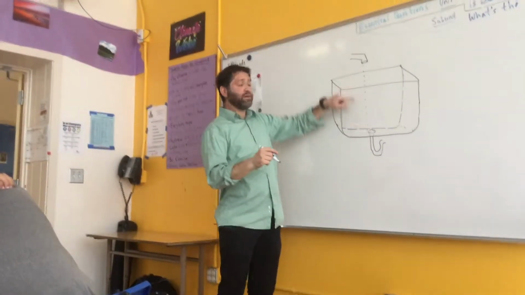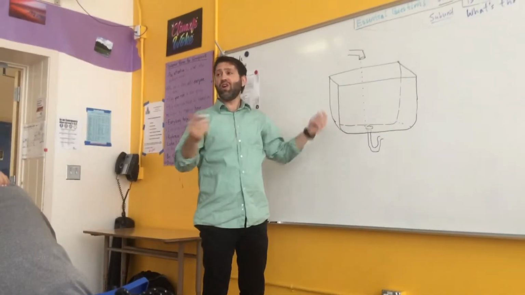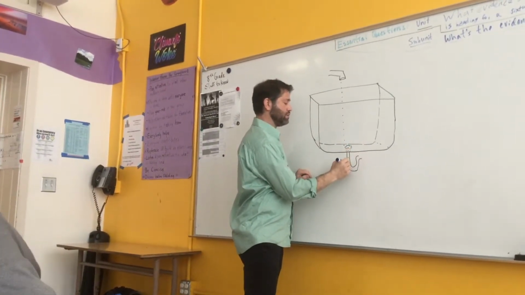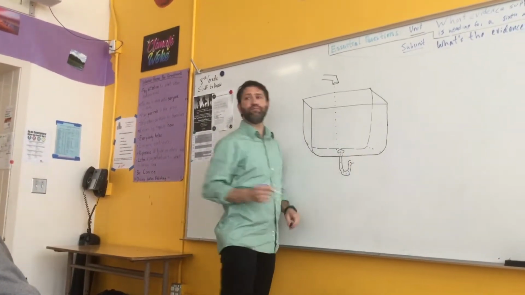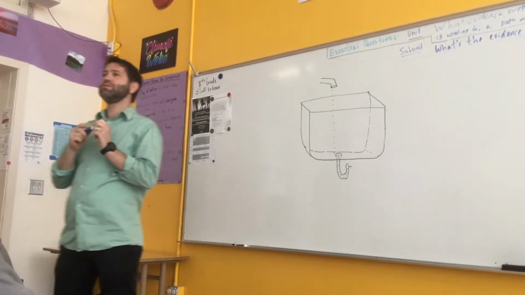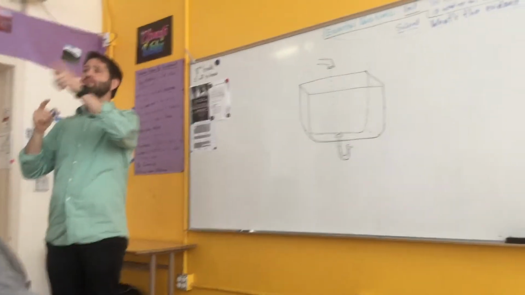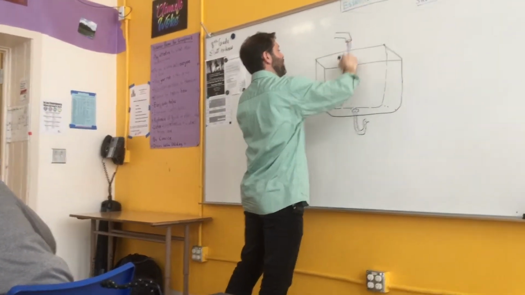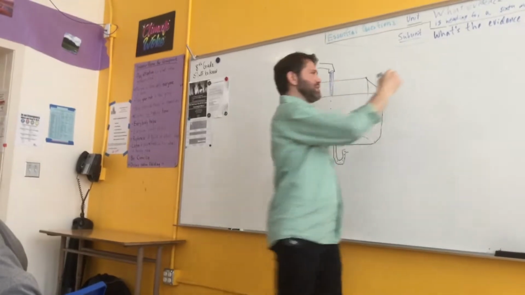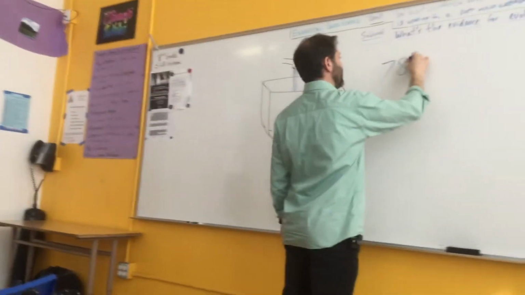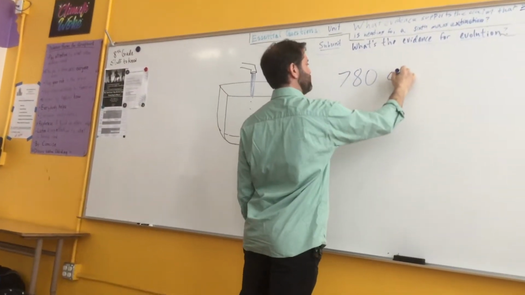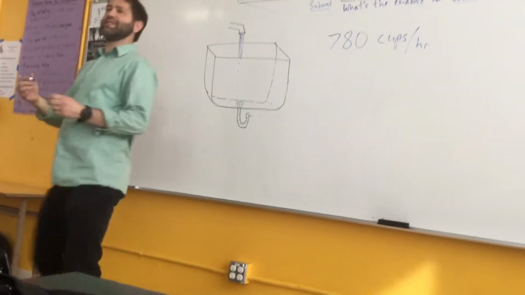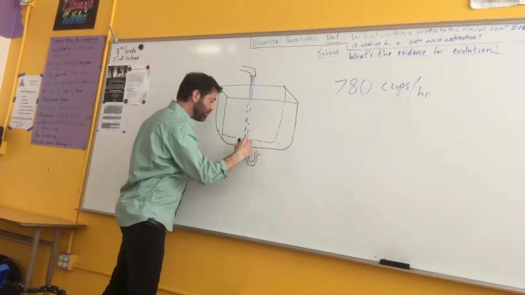Someone said that this dripping faucet won't cause any major issue because the water's just going to go down the drain. No biggie, right? Away it goes. Okay, so let's do that. Let's go ahead and increase the flow rate. I don't know, let's increase it to 780 cups per hour. That's a pretty random number. Yeah, it is, isn't it? And go through the drain